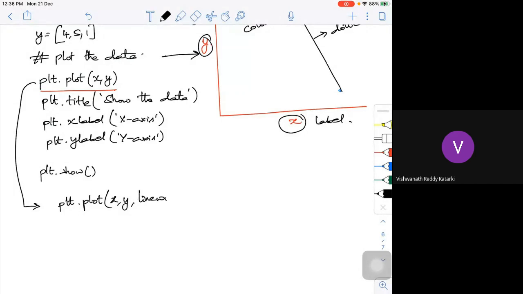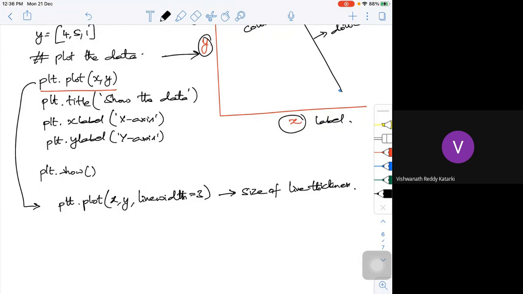Line width is equal to 3 or 4 or whatever. The higher the number, the bigger the thickness. So let me define 3 or 4, close it. This is to increase the thickness of the line.